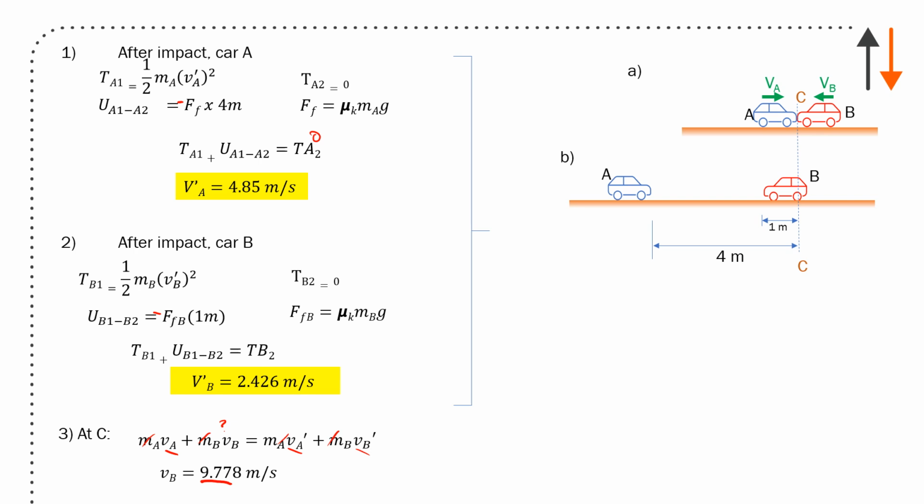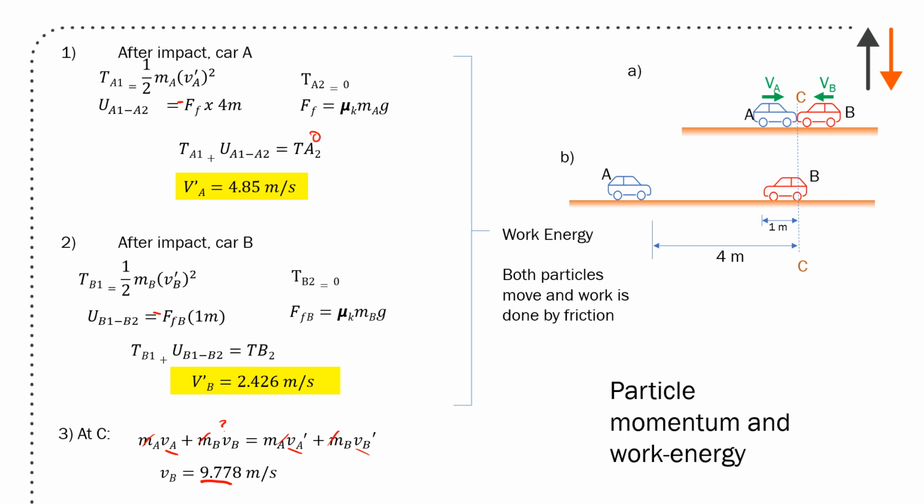And what were we looking for? We were looking for work energy. Both particles move and work is done by friction. And on the second term, we have conservation of momentum. And really, this is a first half of the course problem looking at particle